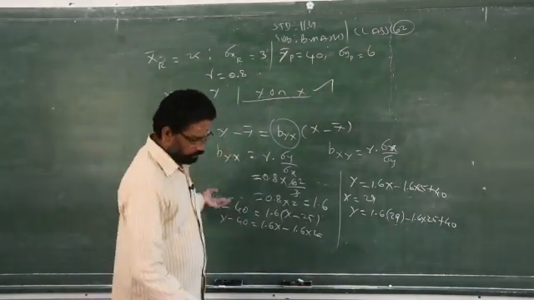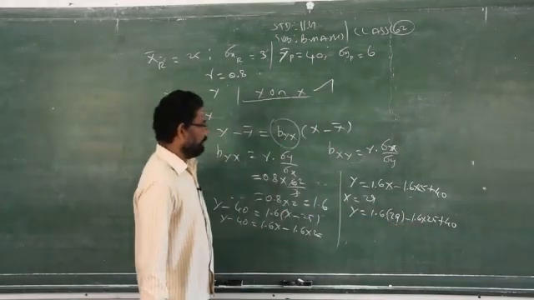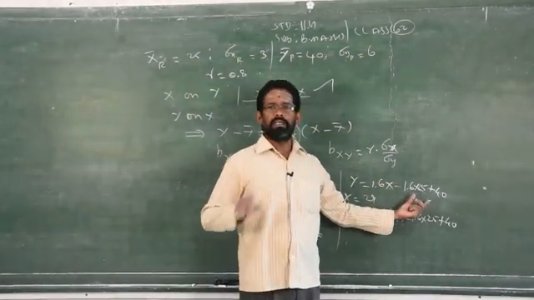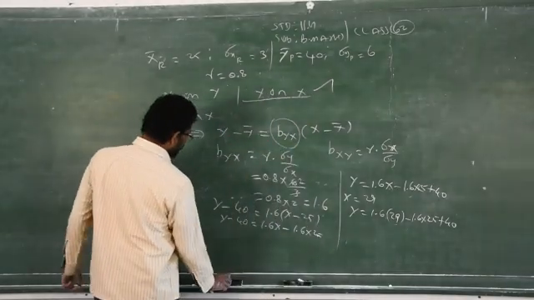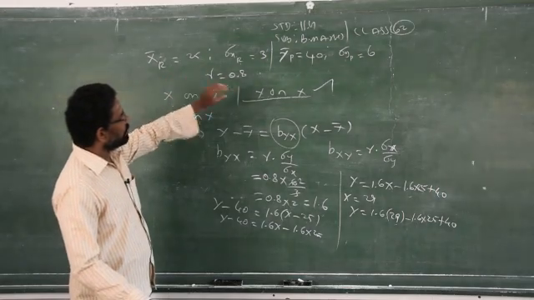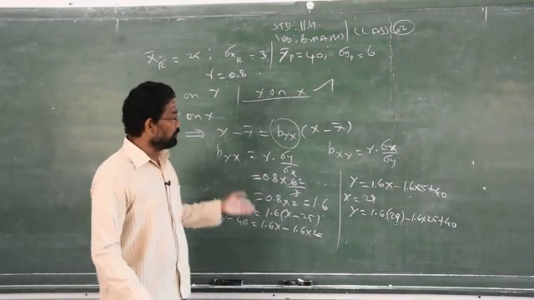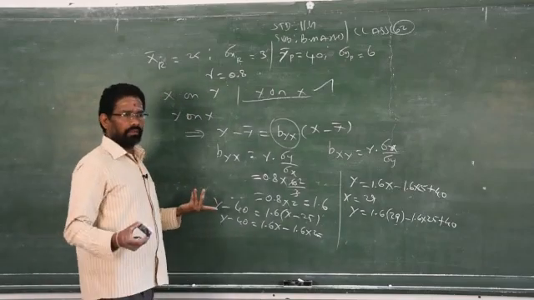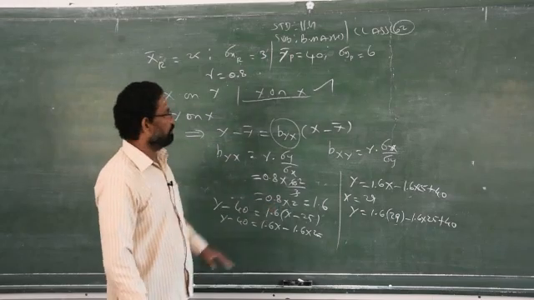Clear? So, you have to multiply, add, then subtract, and just do the calculations. I left it as it is, because you are allowed to use a calculator, so please use a calculator for accuracy. Clear? So, this is the answer. Ensure what your question is; depends upon the question, you have to take x on y or y on x. Clear? So, don't get confused, no need to find both equations, it is a waste of time, and there won't be any mark if the required answer is not there in the paper.